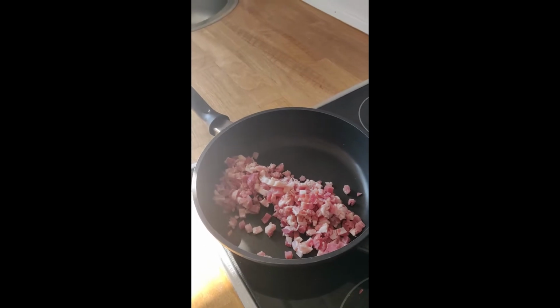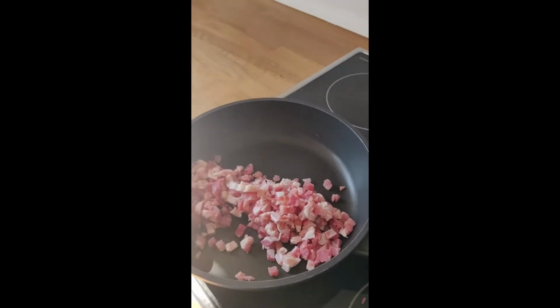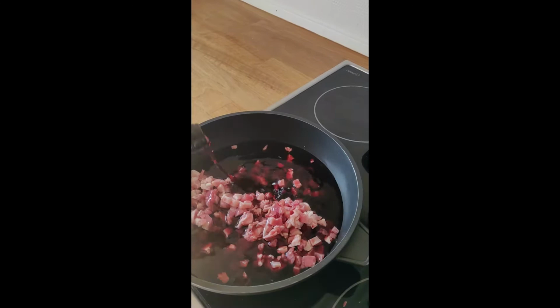on the pan until it gets nicely golden. But what we're gonna do is add about half a bottle of wine so it gets nicely soaked, and, well, still got wine, so